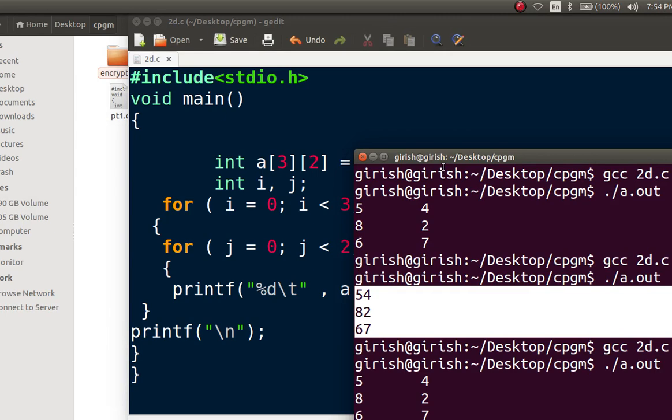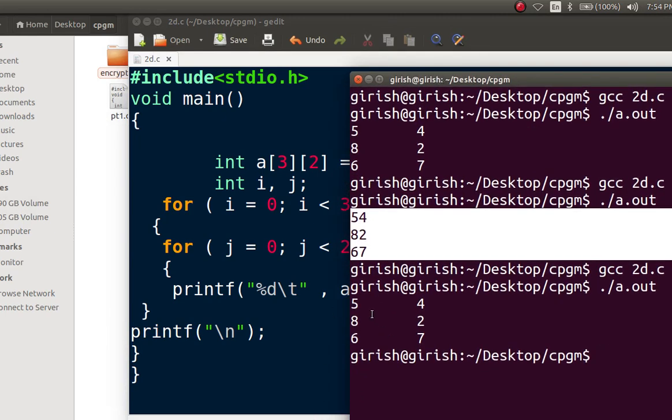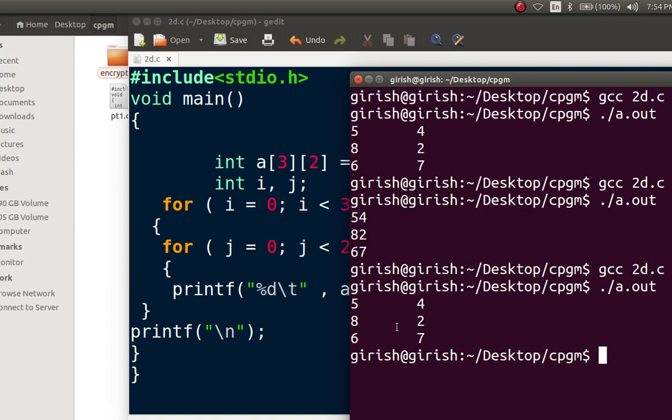See here, now the values are coming: 5 tab space 4, 8 tab space 2. Okay, this is the initialization of a 2-dimensional array and the representation of a linear array in memory. If you have any doubts, please ask me. Thank you.